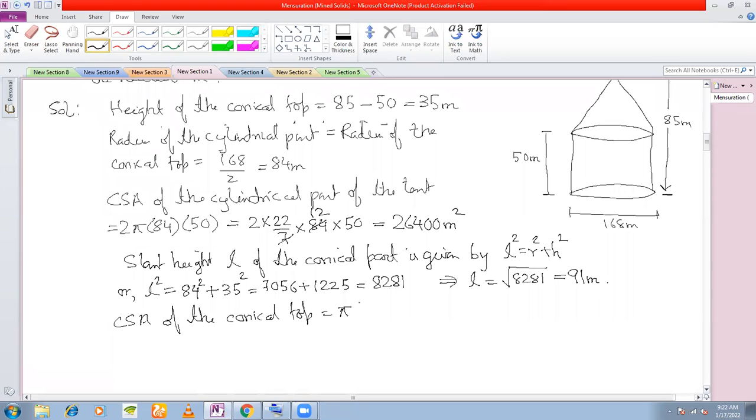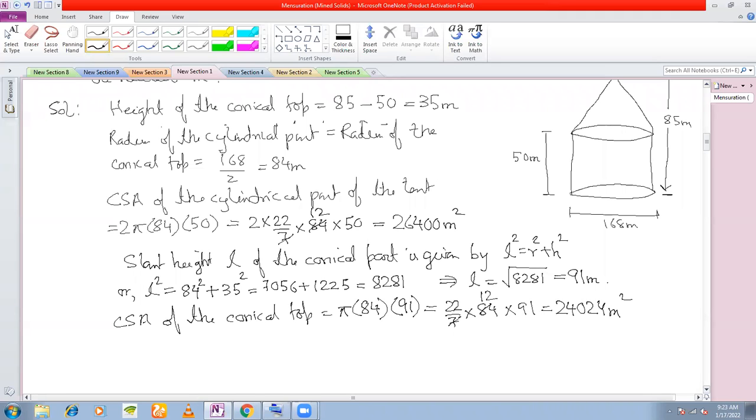Radius of the cone is the same as that of the cylinder, which is 84 into L. L we just calculated 91. Right? Now you can put the value of pi also. Here you can cancel this 12 times. So 22 into 12 into 91 will give you 24,024